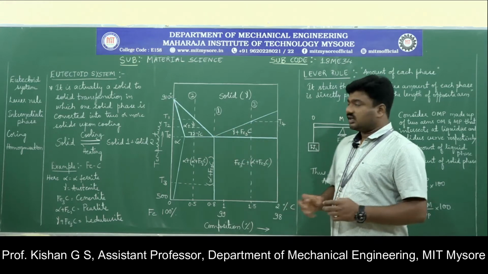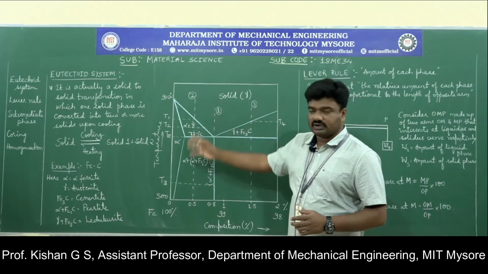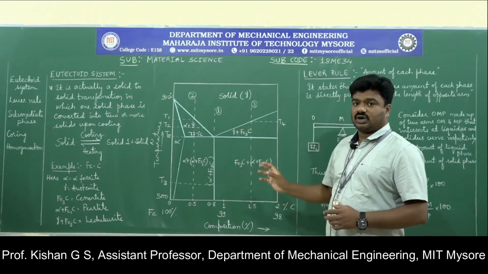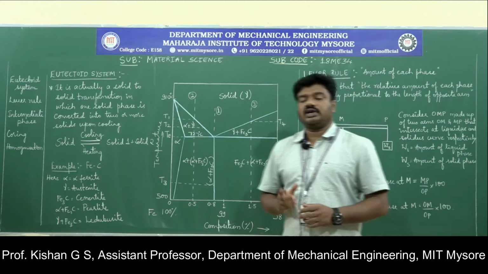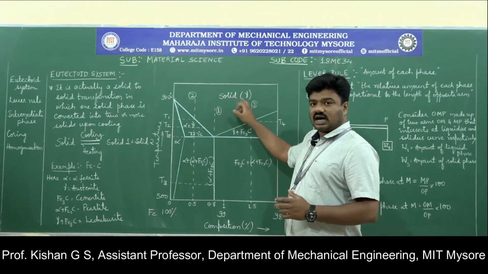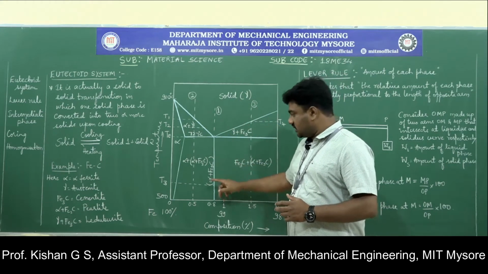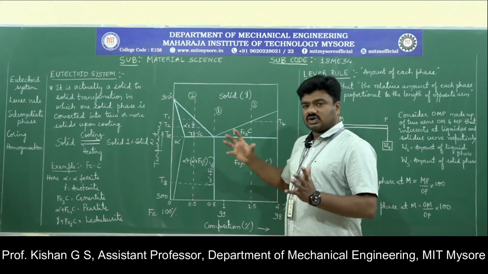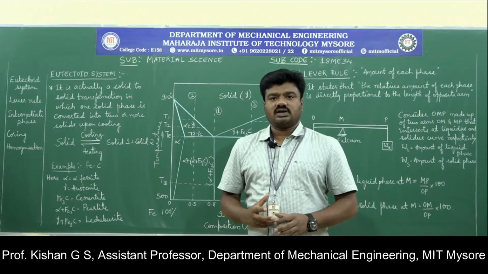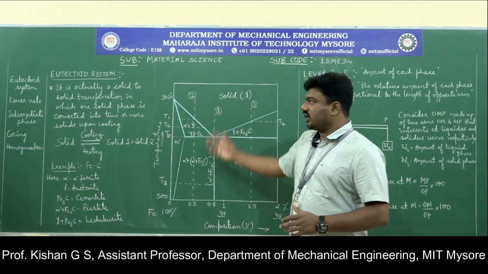So this is the representation for any number of alloys, whatever we take. With respect to the corresponding temperature of that composition, we assess the behavior of the transformation from one solid, that is gamma, into two solids, that is alpha and Fe3C. Collectively, alpha and Fe3C is considered to be a zone of pearlite. So this is something on the eutectoid system.